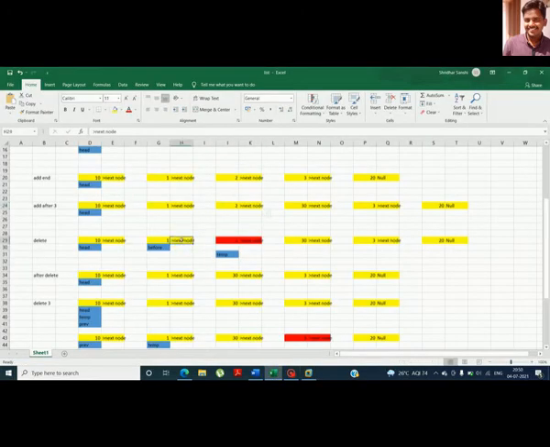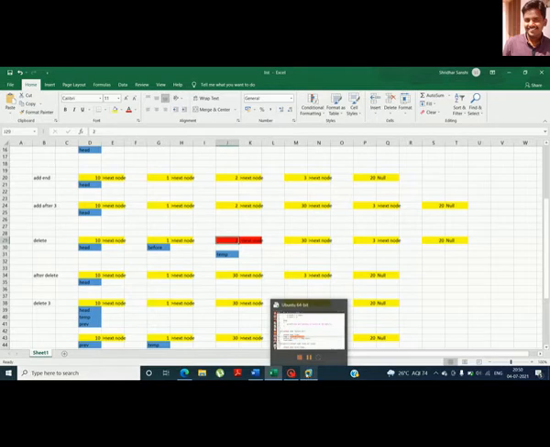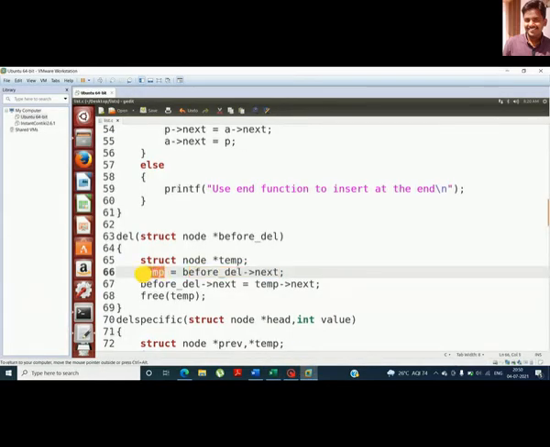So this is the before element, and in it I am accessing the address of this particular information. What is this information? It is nothing but the address of this node, and I am storing that into temp. Temp is pointing to that third node.